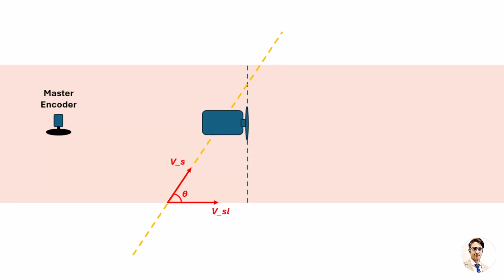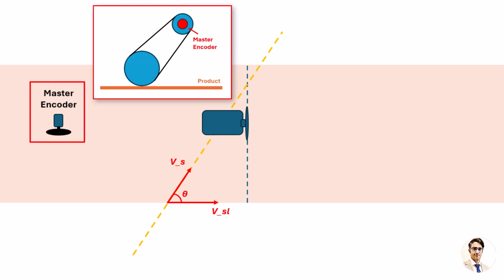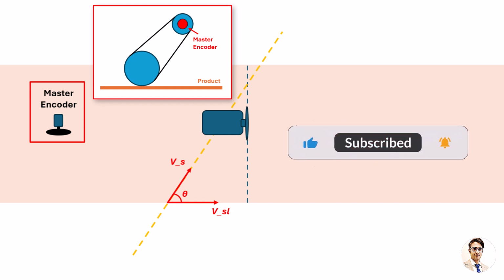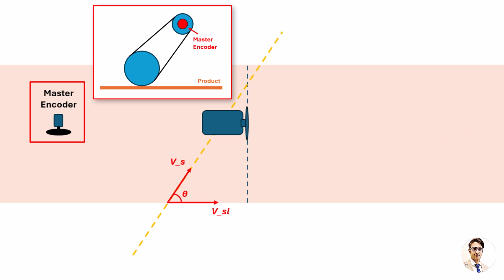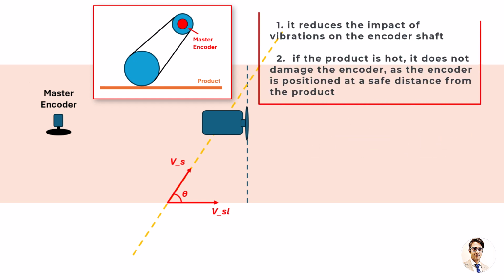The product line velocity is measured using a master encoder. The master encoder shaft is mounted on a disc, which is connected to another disc via a pulley. The second disc remains in direct contact with the product, ensuring accurate velocity measurement. This installation has two key advantages. First, it reduces the impact of vibrations on the encoder shaft. Second, if the product is hot, it does not damage the encoder, as the encoder is positioned at a safe